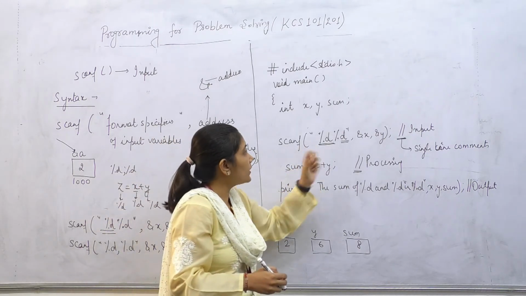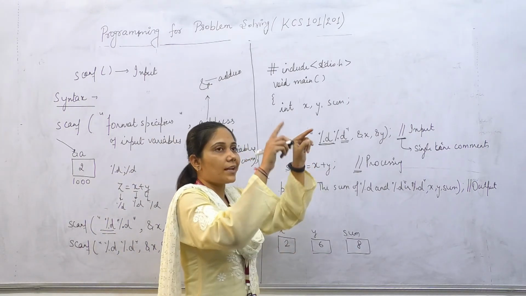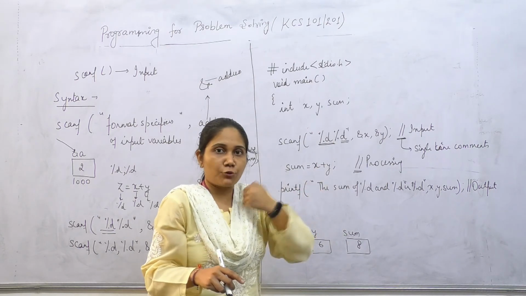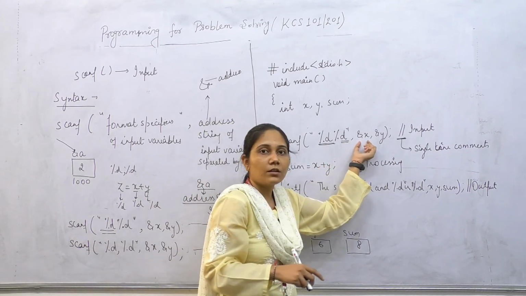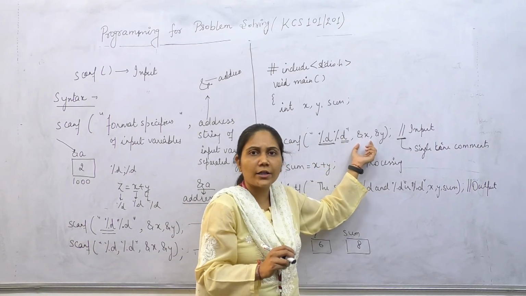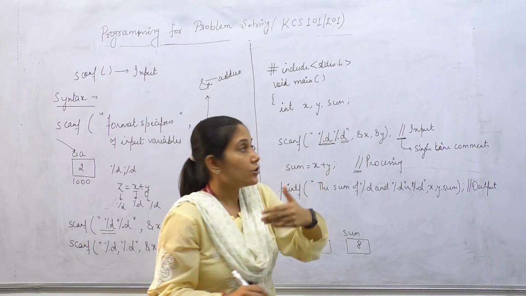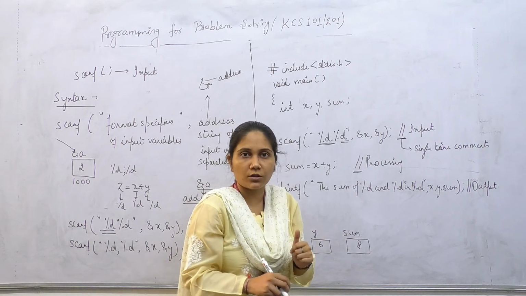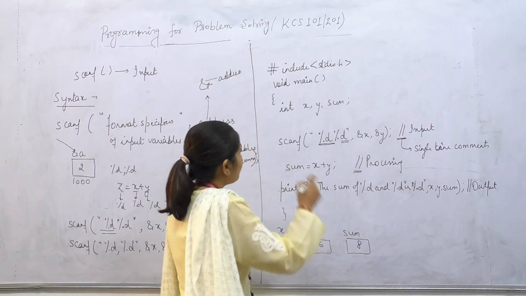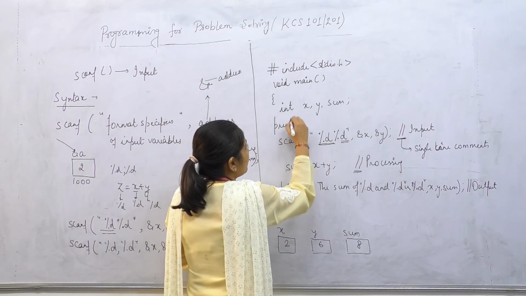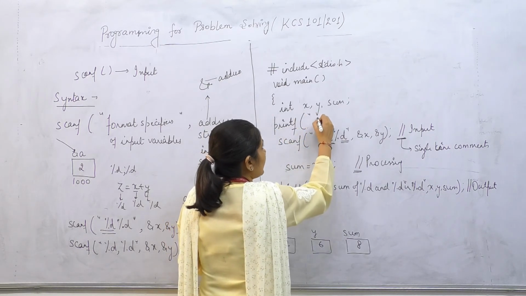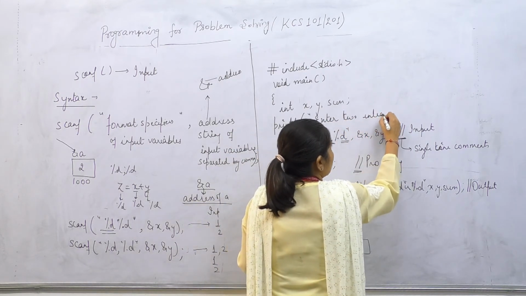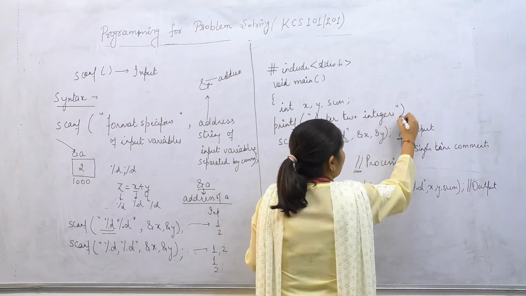For that, now what will happen? The first time when I see the output screen, it is showing nothing. So as a programmer, I know I have to give 2 inputs. Right? So I'll provide 2 inputs. But if you are a user using my program, how will you come to know what I have to display, what I have to give as an input? So for that we need a printf statement. I am writing it here to make it more user friendly or user interactive. I am writing "Enter 2 integers".